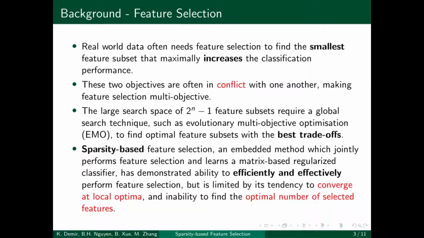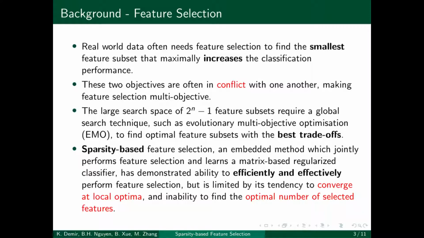Real-world data often needs feature selection to find the smallest feature subset that maximally increases the classification performance. However, these two objectives are often in conflict with one another, which makes feature selection a multi-objective optimization problem. The large search space of 2^n - 1 feasible feature subsets requires a global search technique, such as evolutionary multi-objective optimization, to find optimal feature subsets with the best trade-offs between the selected number of features and